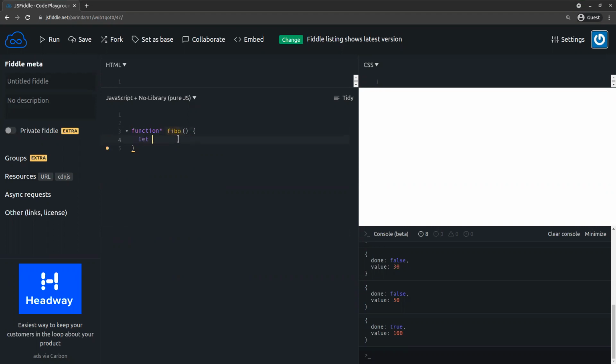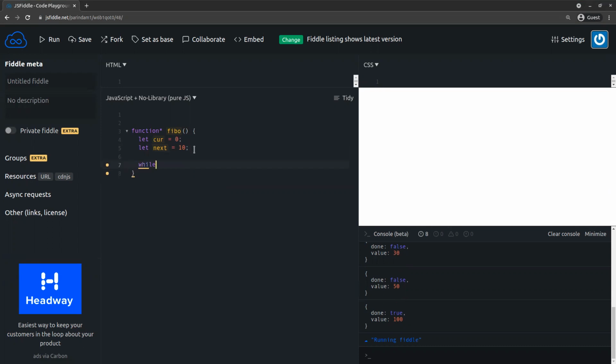Okay, so let current equal 0, then let next equal 1. It will return the Fibonacci series, and it will give all the results.